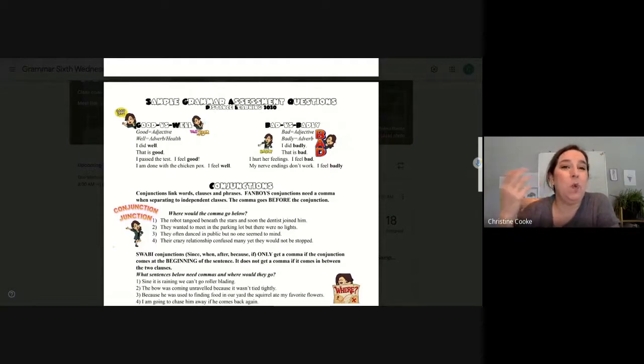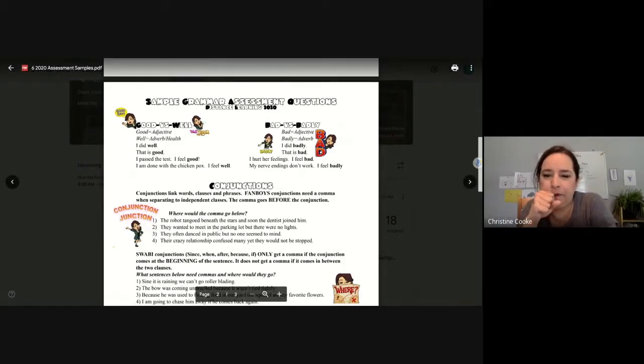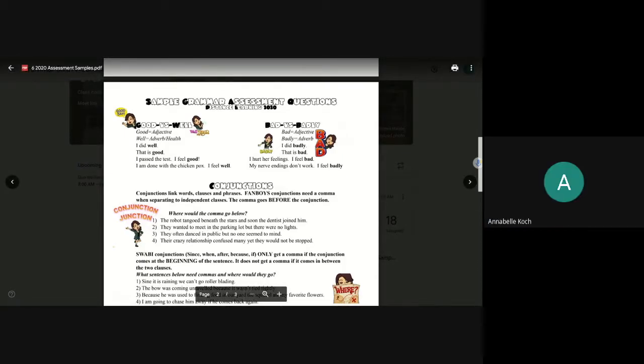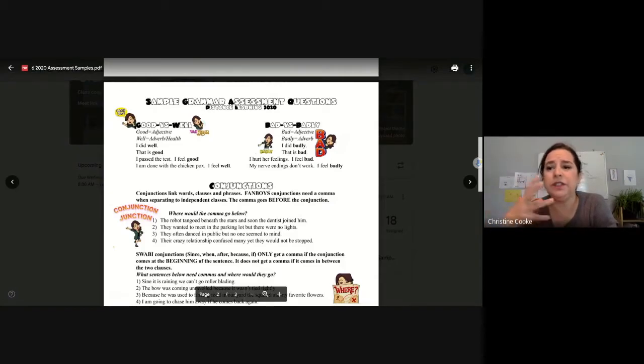But if I say I feel well, what is that specifically telling someone when I say I feel well? You're in good health. Yeah, you're in good health. So usually, if it says finish the sentence with good or well, and there's something about your health specifically, like, you just got out of the hospital, how are you feeling? That would be telling me you feel well.